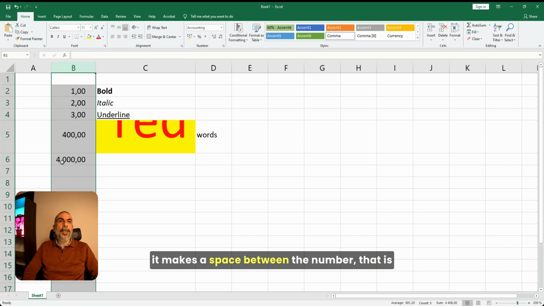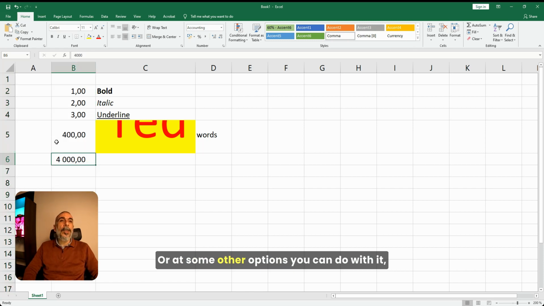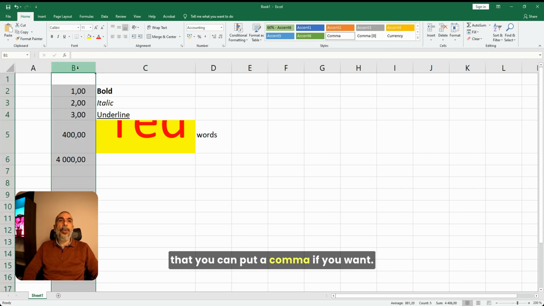What it does is that it makes a space between the number that is the 1000 and the rest of the numbers, or at some other options you can put a comma if you want. This is usually like the Russian style, so the decimal pointer is a comma, and the 1000 separator is a